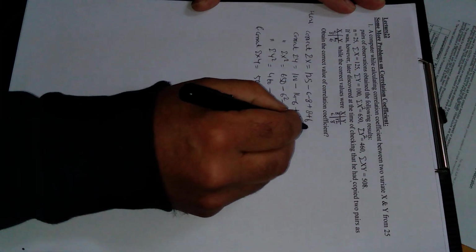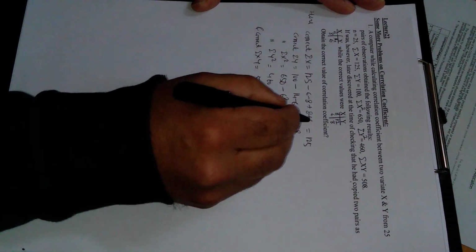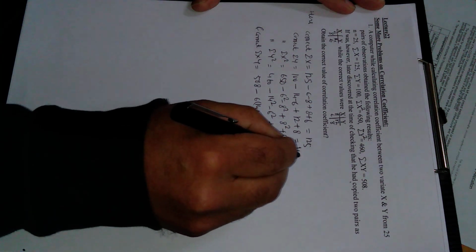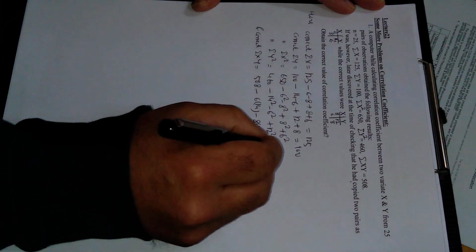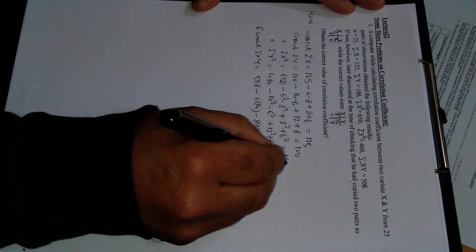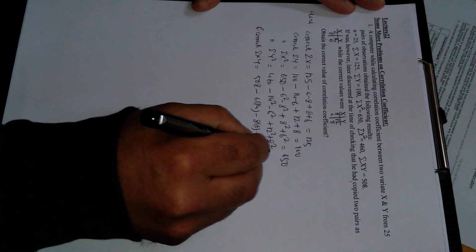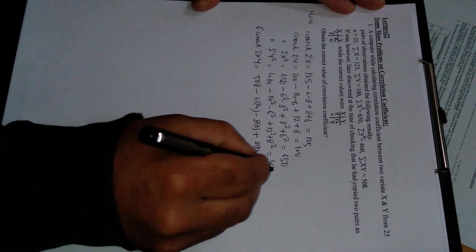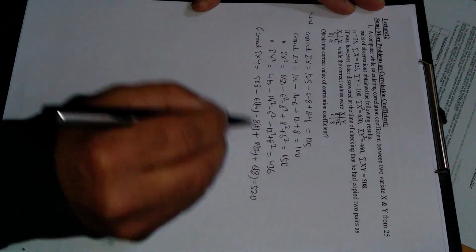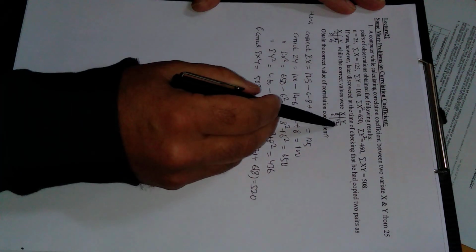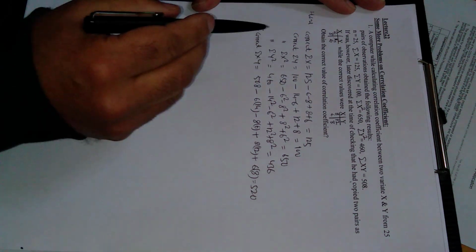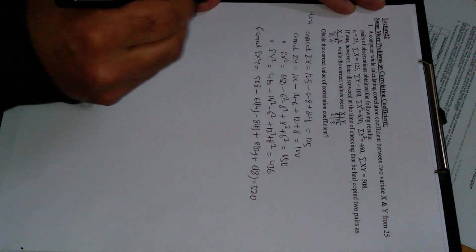If you solve this, summation x is still 125, these cancel each other. Summation y on simplification is still 100, because this is minus 20 plus 20. Then summation x square will come out to be 650, because these cancel each other. Summation y square will come out to be 436 after simplification, and summation xy will come out to be 520. So these are the incorrect values and these are the correct values. In this way we have corrected all: summation x, summation y, summation x square, summation y square and summation xy.